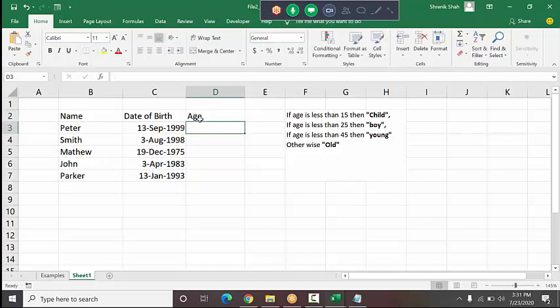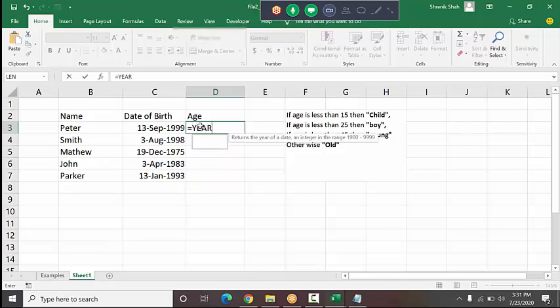Before that, I calculate and print the age of the person. So focus on this topic, because I am going to write one function which is totally new for you. For just 5 minutes, keep the practical side aside and focus on this one. I am going to print the age of the person. So I type is equal to, a function called YEAR, and then I type TODAY. I complete the bracket like this.